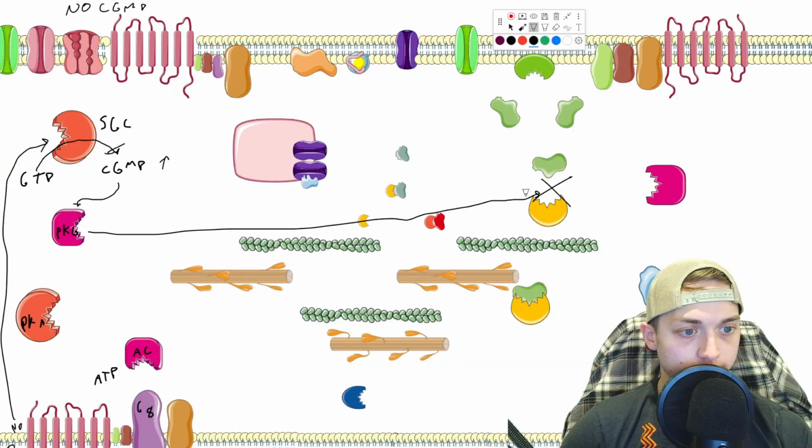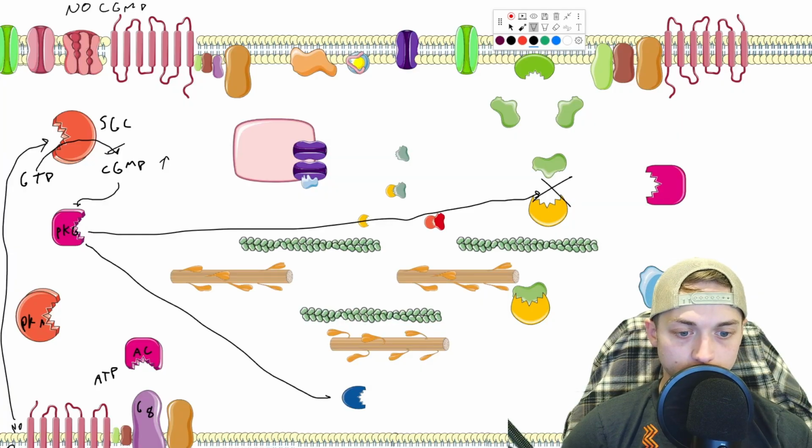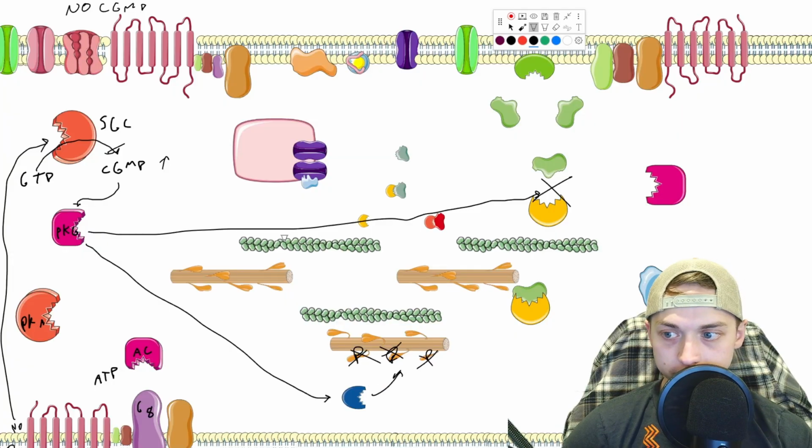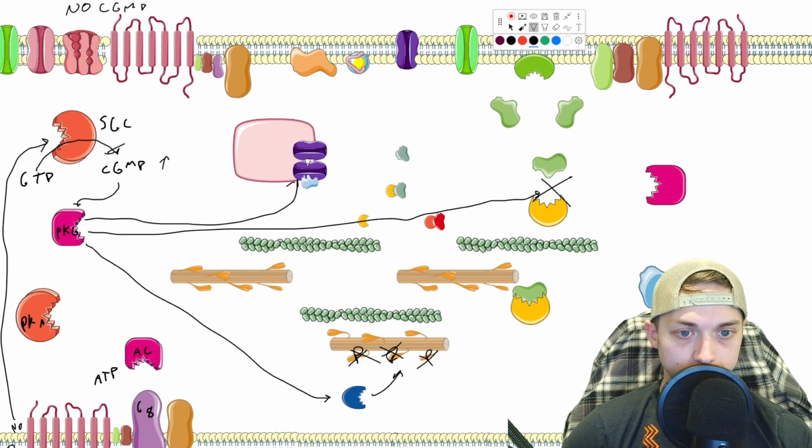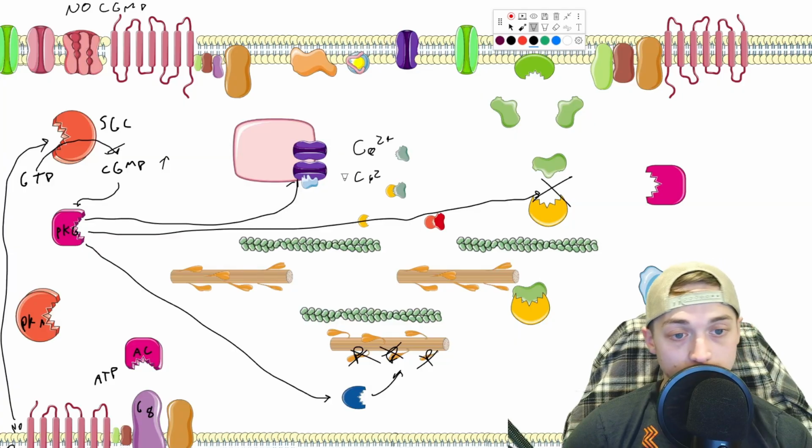It's first going to shut off our rho kinase enzyme so that we can't keep that contraction going. The other thing it's going to do is come down to our myosin light chain phosphatase and phosphorylate it. Once it's phosphorylated, it's able to come up here and eat these phosphates away, which is going to cause relaxation. The other thing it's going to do is stimulate the calcium channel on the sarcoplasmic reticulum, which is going to cause all this calcium that's out here bound to calmodulin, changing the myosin light chain kinase enzyme and allowing it to be active,